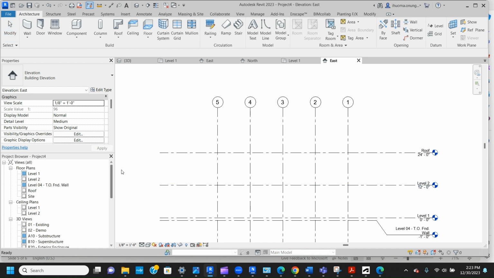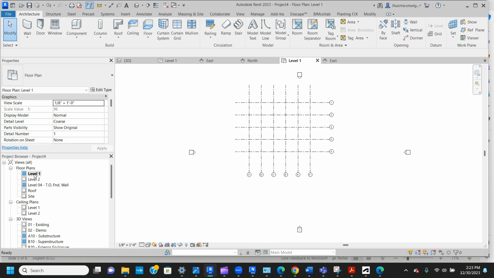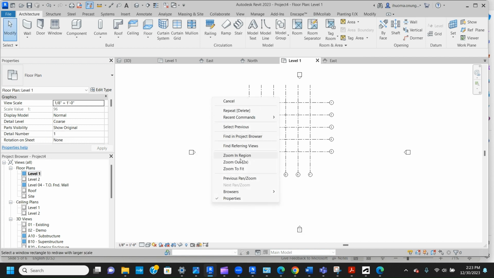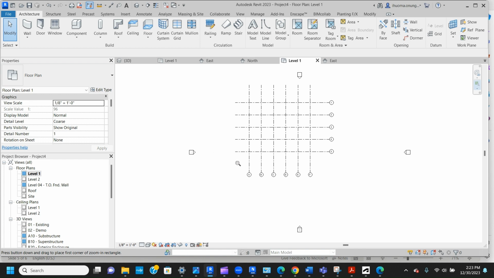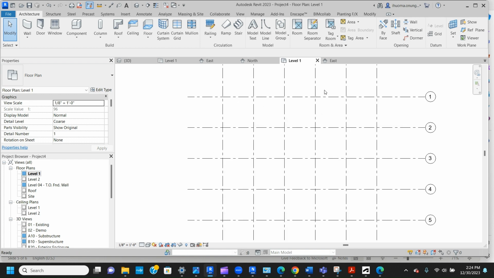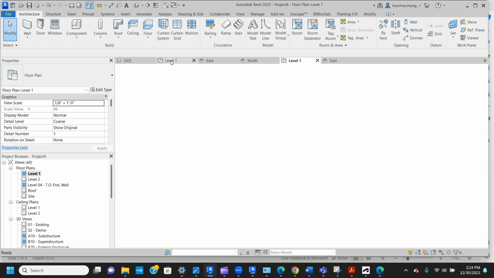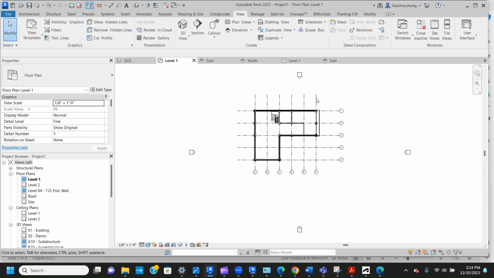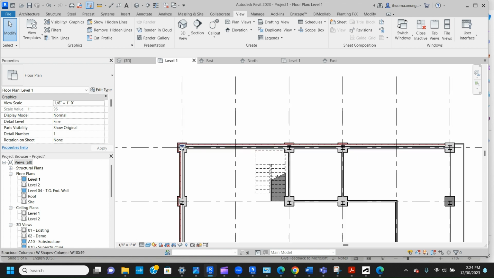So I'm going to go back to level 1, and we have a horizontal and vertical grid. The first column that we add is the structural column. If I zoom in, these are the structural columns. So we're going to add the structural columns inside first. And once we add that, then we're going to add the rectangular columns. So I'm going to go back to my plan,